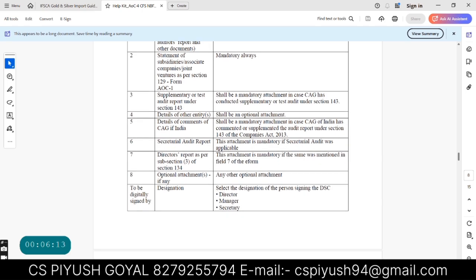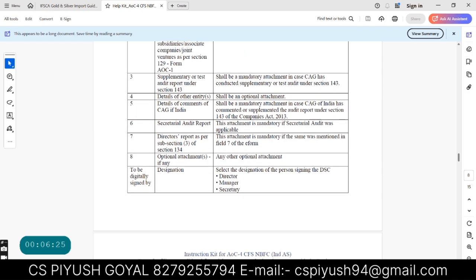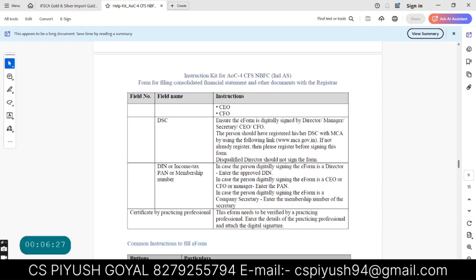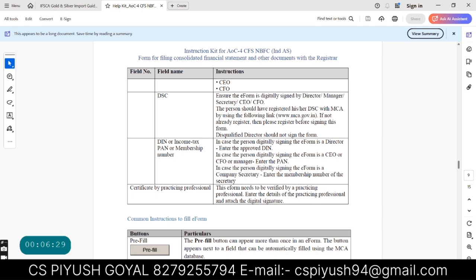Secretarial audit report: if the company is required to conduct the secretarial audit, then attach the secretarial audit report. Director report, right? The director report is also mandatory to attach. This is the whole information which is required to be filled along with the documents which we have to attach along with the form, right?